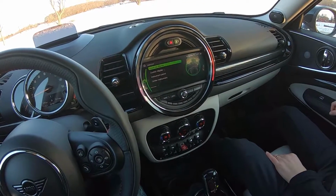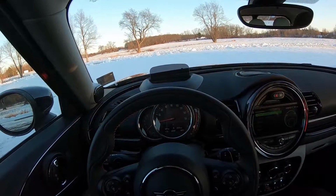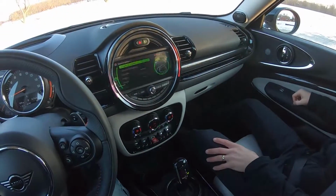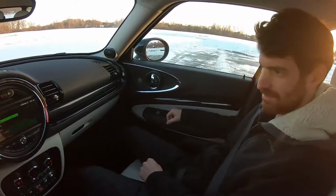Displays, head-up display, and we're going to turn that off, which folds away. Ever so slowly fold down into the dash, and it's gone. Something that might just go crunch someday. You know, I think I've used other Minis that didn't have that weird